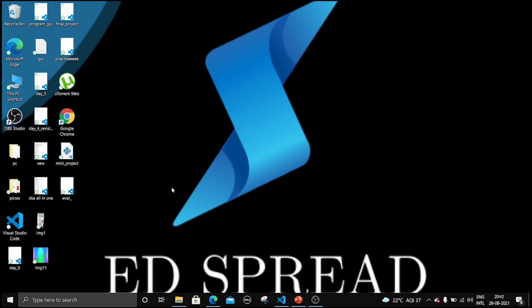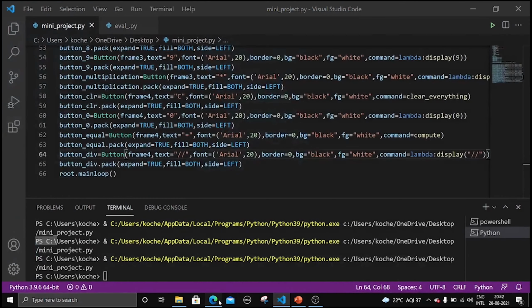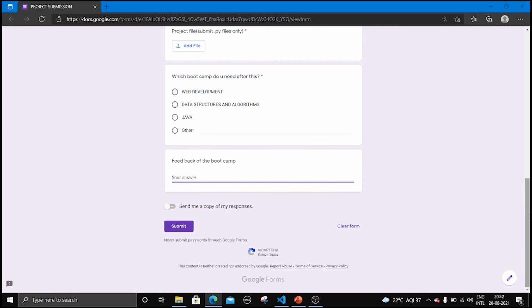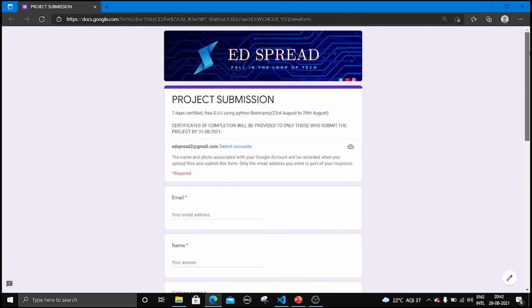The .py file is nothing but this file, right? Once you upload that, there is a choice of courses you want to see next: web development, data structures and algorithms, Java, and you can write other courses here, right? And you can provide feedback on the bootcamp and tell your opinion on it, right?